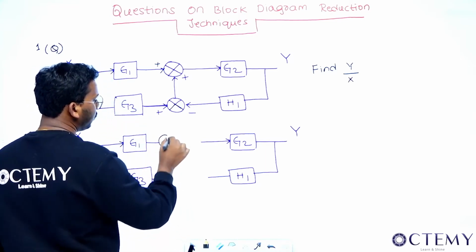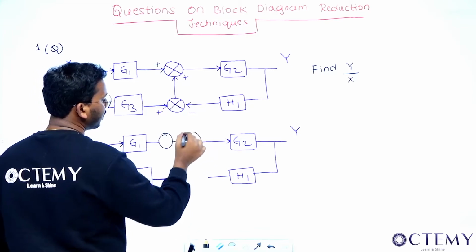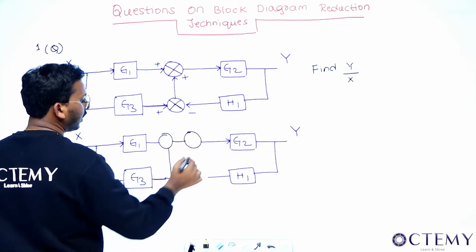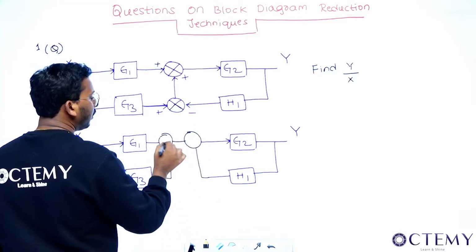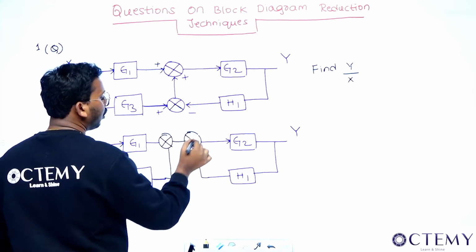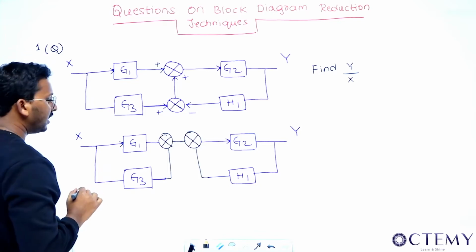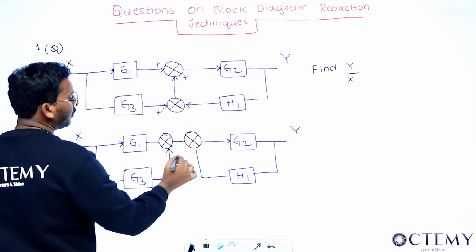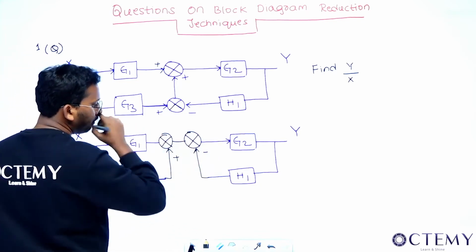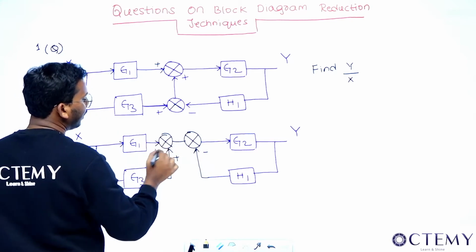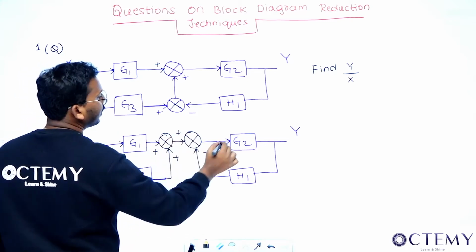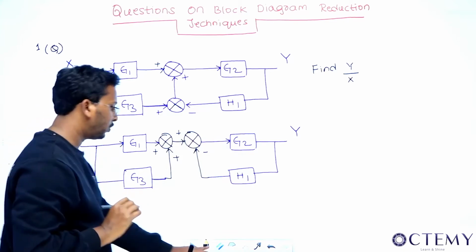This will be two summers, this here and this here. This will go here and this will go here, right? But I'll make sure that whatever I'm doing, the output, or whatever was there previously, should not change. It will not change. See, this is with a plus symbol, this is with a minus symbol, this is with a plus symbol, this with a plus symbol, and you'll get the output, right?